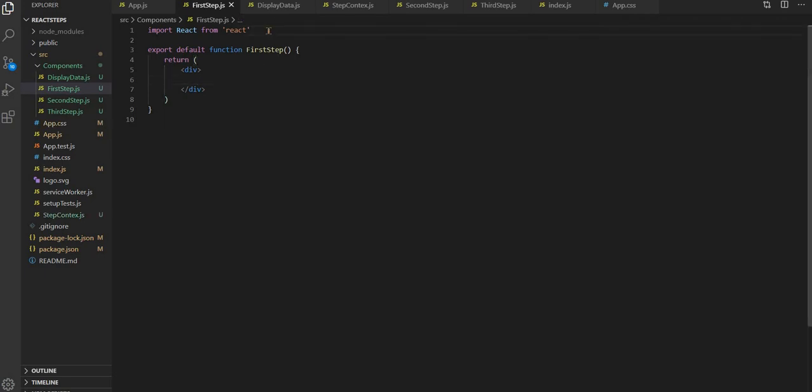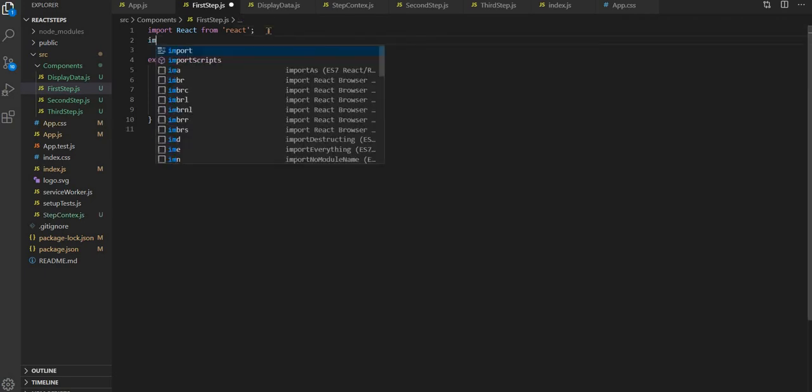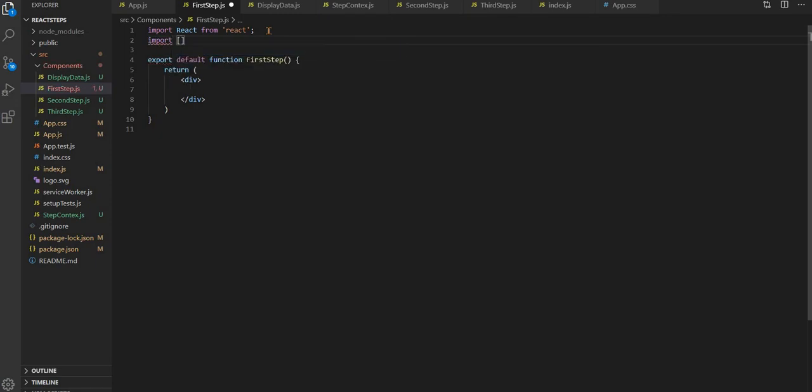So let's import some functions like, so I have already installed the material UI library. So you can just install it by npm install and this one, so you will get that library.